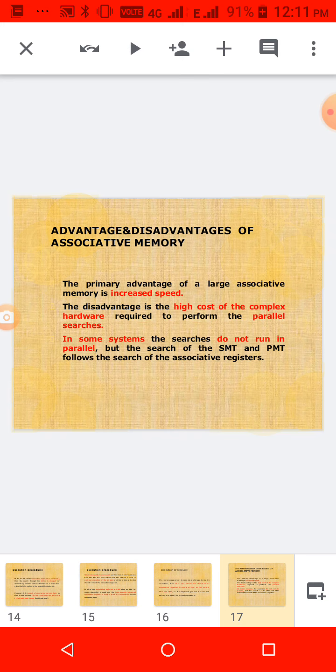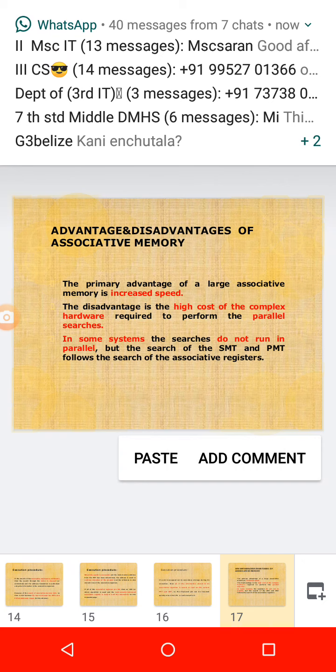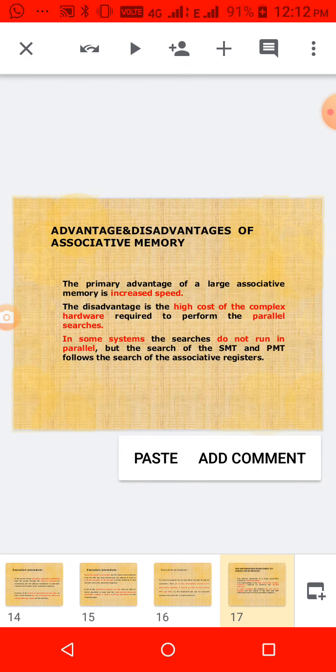Using the segmentation and page tables, we know all the details, then the relocation register and its value. Only if we know all these things will we find out the memory address. So accessing is very hard here, the cost of hardware is also more, and we have to do parallel searches.